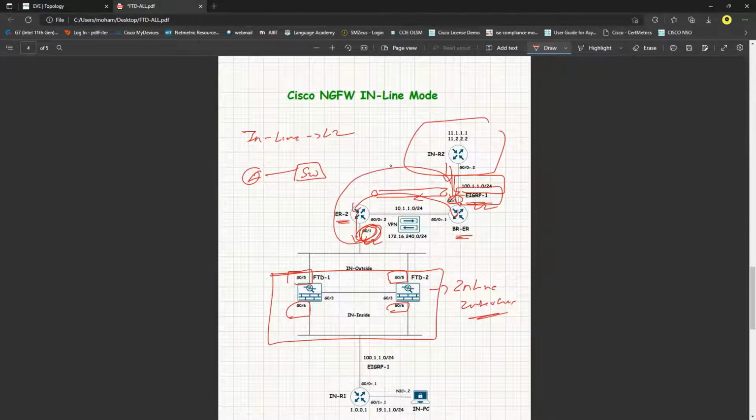I want to allow the communication between these two networks now. Okay, after I configure, there should be a policy in place which says that ICMP should be blocked, but telnet should be allowed